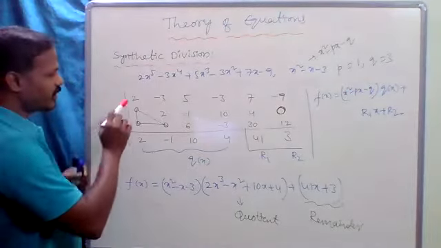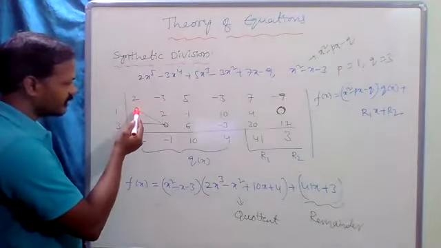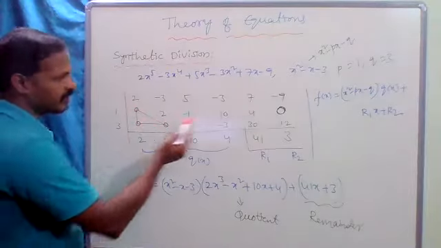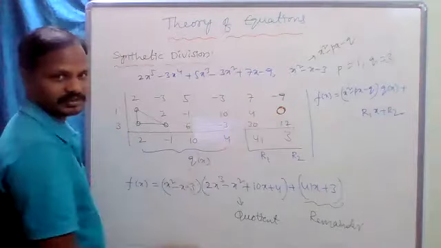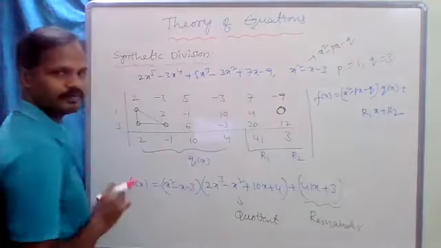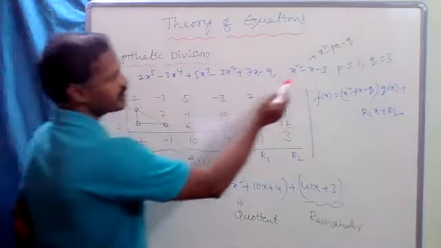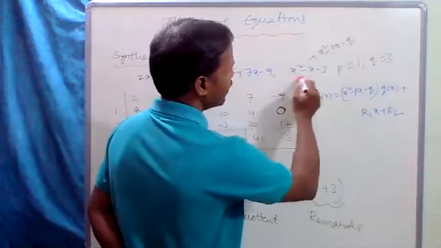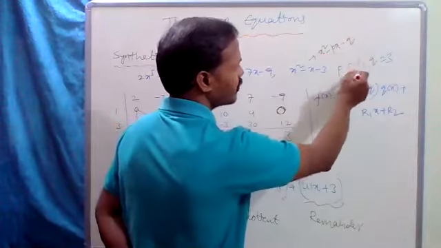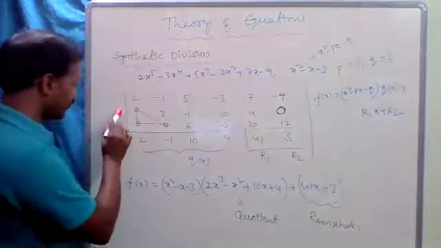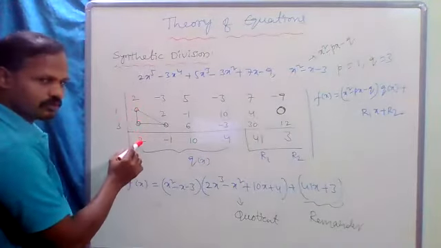So first of all, you have to write the coefficients. Then write the zeros in triangle shape here. Don't forget, I forgot this the first time. This is 0. That is the first thing. And write p, q. What is p? Compare this given quadratic polynomial with x square minus px minus q. You will get p equal to 1, q equal to 3. So write p, q. Now add this, 2 plus 0 plus 0, 2.